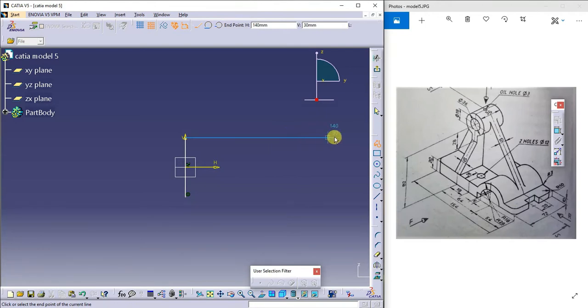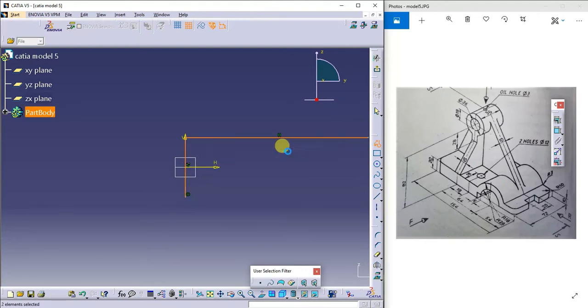Draw a line like this. Here I repeat the same command. I'll go for the snap to point. You click once here and double click on this.